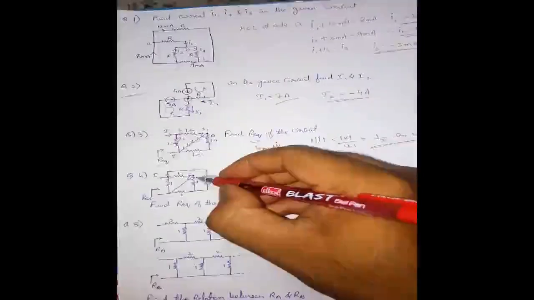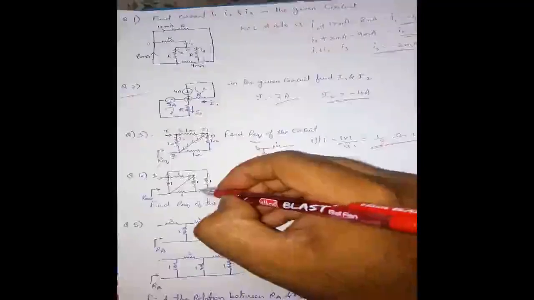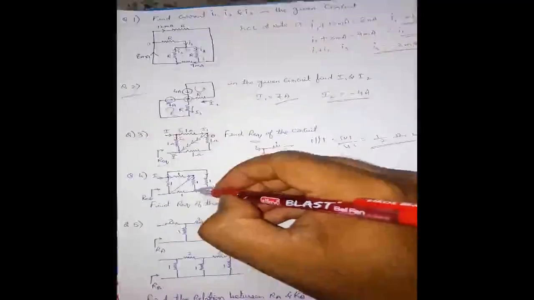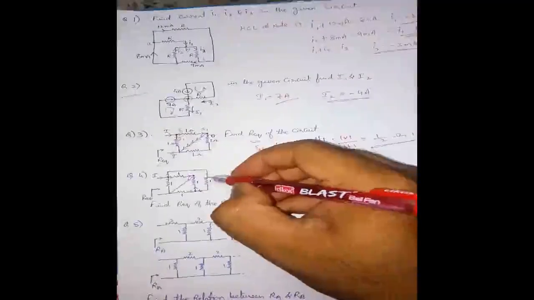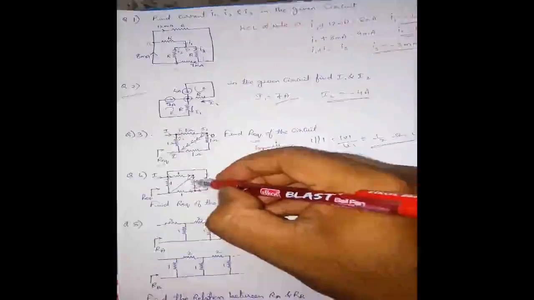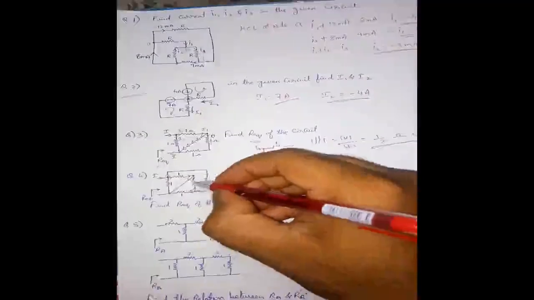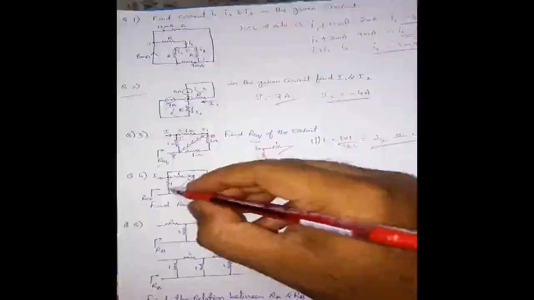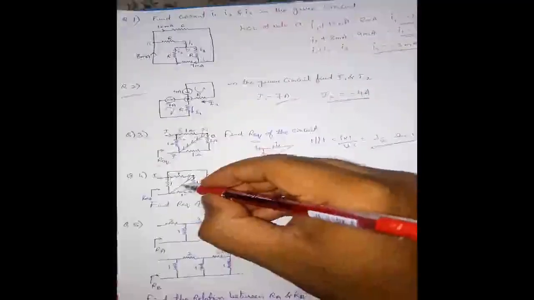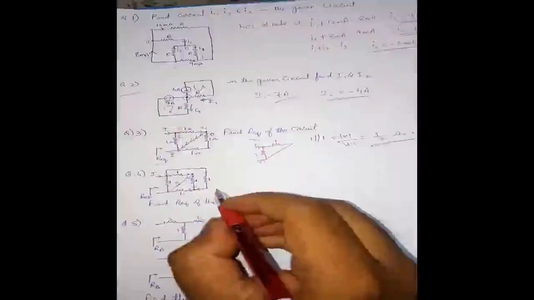Now I can't say the current is 0 in this branch, because I have some current in this branch which is coming here. This current will again be split into 2 branches because I have 2 branches here. So the current we are getting in this 1 ohm resistor will be entering this branch. So this branch will not have 0 current now, as we had in the earlier case. So we can't ignore these 2 resistors now. But as I told, there is a current in each and every resistor, so the short circuit is going to become dummy now.